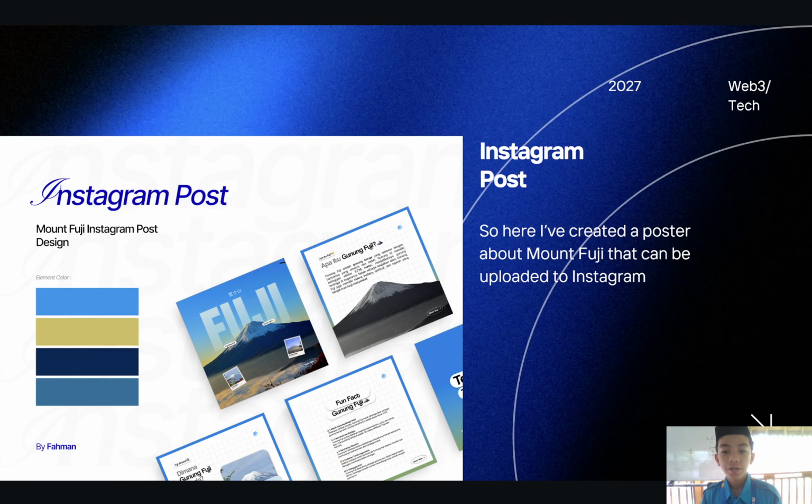Right, next here my third project is an Instagram post. Here I created a poster about Mount Fuji that can be uploaded to Instagram. I made five slides of Instagram posts. So you can see here there is the cover, like Fuji, then there is Mount, and there is like